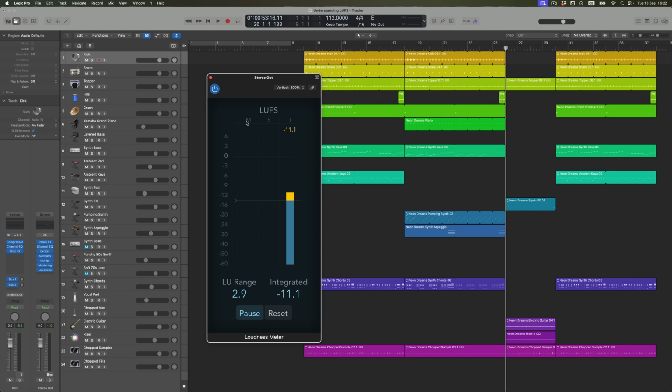Firstly, we can look at it in a momentary way. This is effectively the shortest term version of measuring volume. And that number, you'll have noticed, is incredibly twitchy. I'm going to do this again in a minute so you can watch it back. And what you'll find is that it is constantly reading the volume at any given moment in time. It's almost like a true peak measurement. It's effectively constantly looking at the loudest moment of volume.